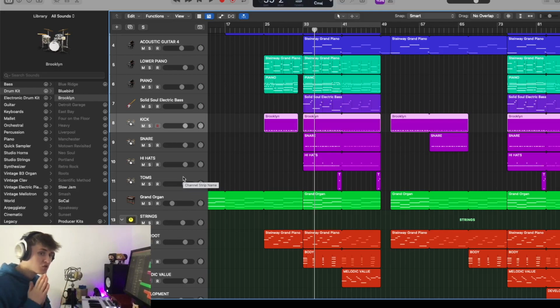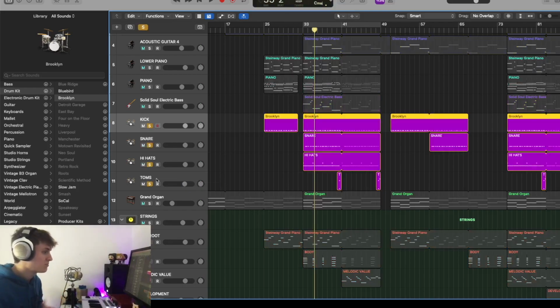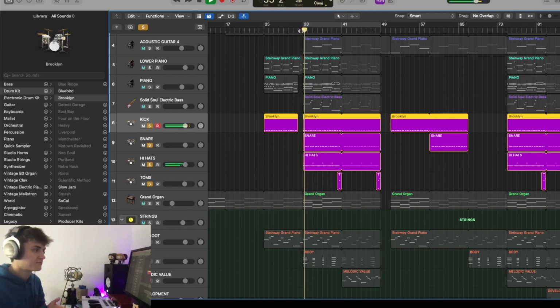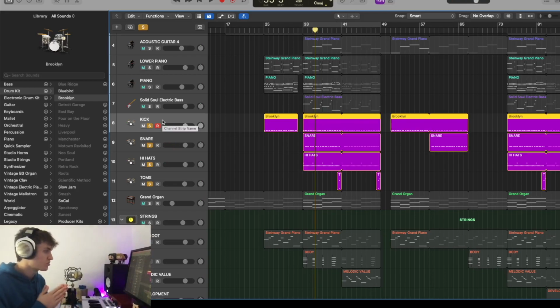That is one of the most important things you have to do from a mix point of view, because if I was to record this drum beat that I've done here, I'm just going to play you it quickly so you can hear it. Again, it's a drum beat, but if I was to just record this into the same drum kit, this is a Logic drum kit by the way, the Brooklyn, and if I was just to record it all together and then mix it, you have so much less control over the EQing of the kick, the snare, the hi-hats, the